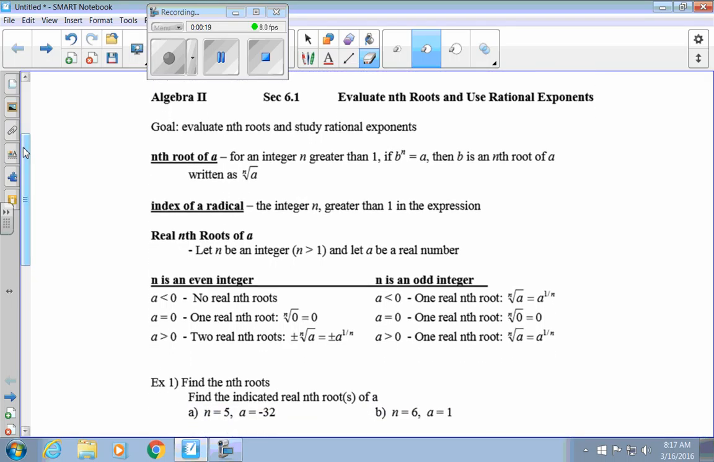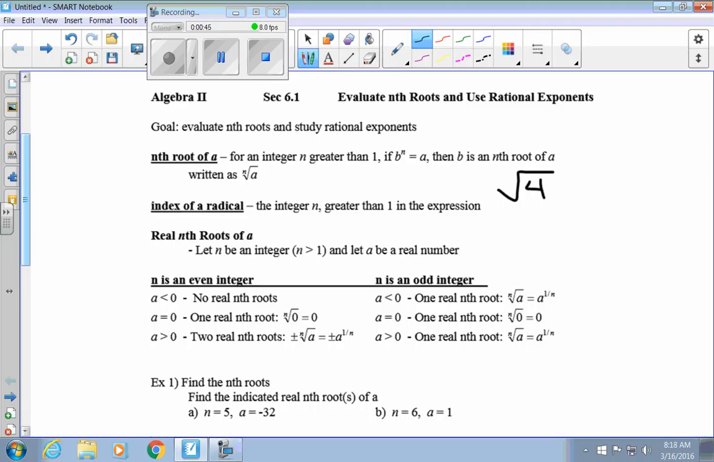Now when we talk about the nth root of a for an integer n greater than 1, it says if b to the n is equal to a, then b is an nth root, written as the nth root of a. And when we talk also about the index of a radical, that's the integer n greater than 1 in the expression. Now if we look back, we've done a lot of work with